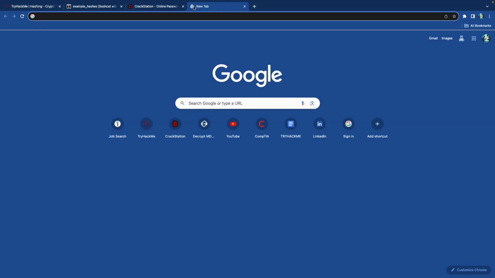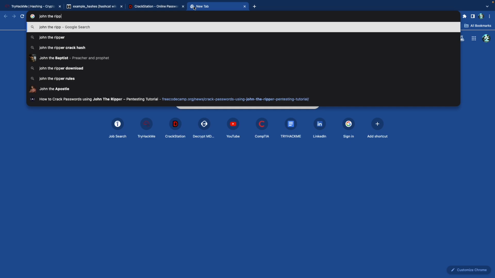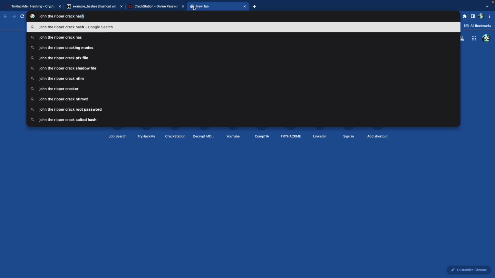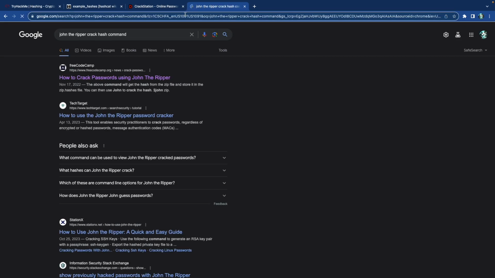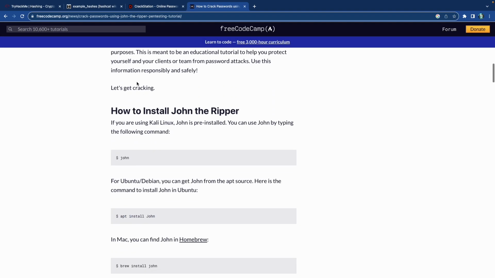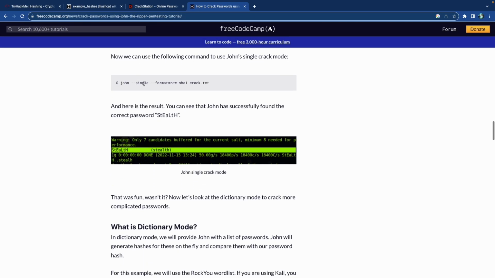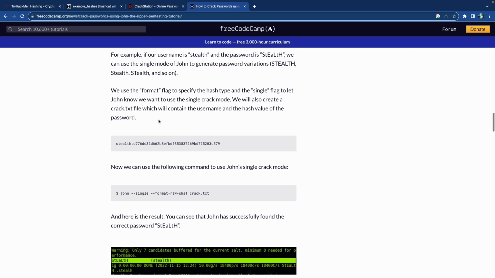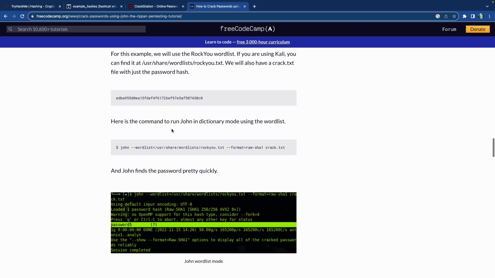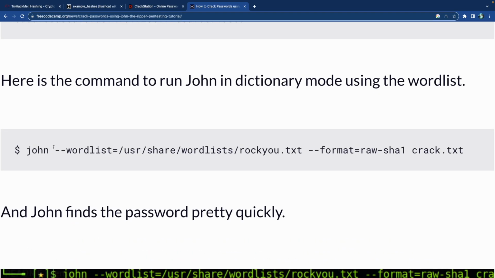Let's see, the John the Ripper crack hash command. Okay, so this is our example command to use dictionary mode with John the Ripper.